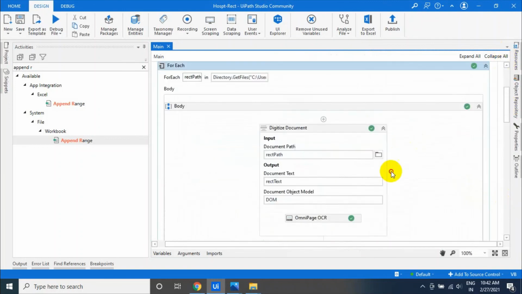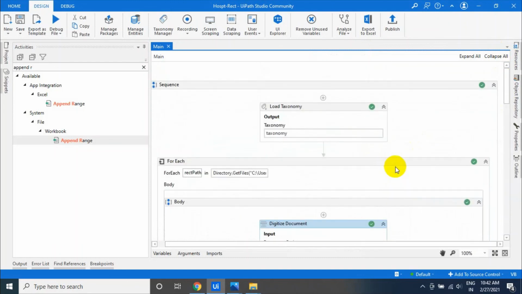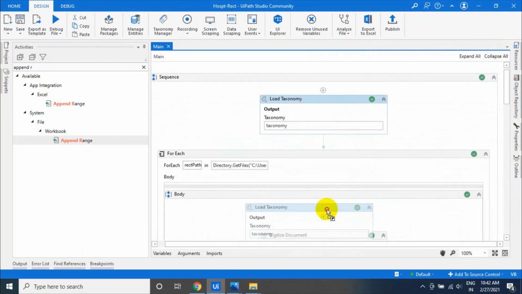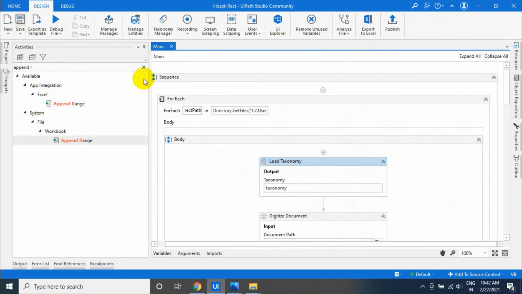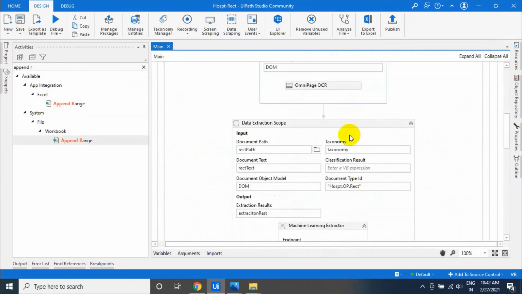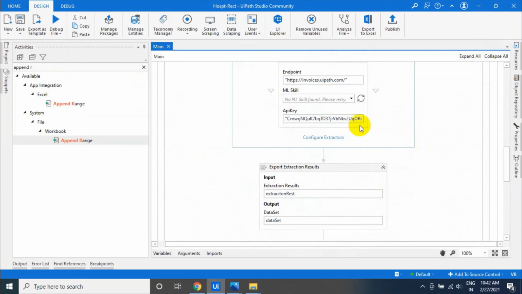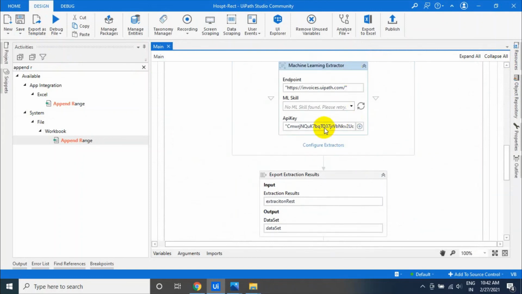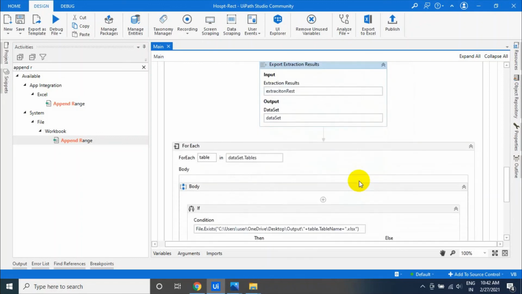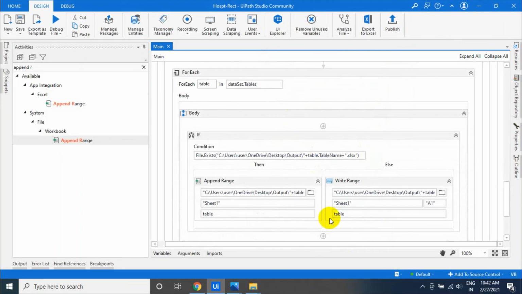Load taxonomy, and after that digitize the document, then the data extraction part. You mention the ML extractor, taking the copy of the API key for invoices, and export the results, converting into the Excel. So this is a small use case. Thank you.